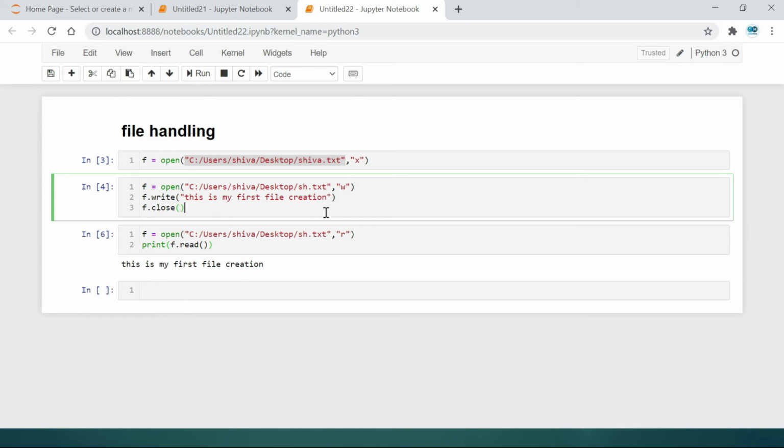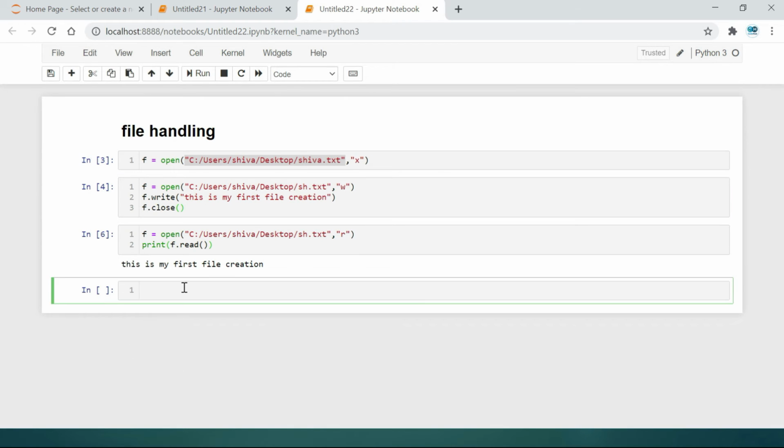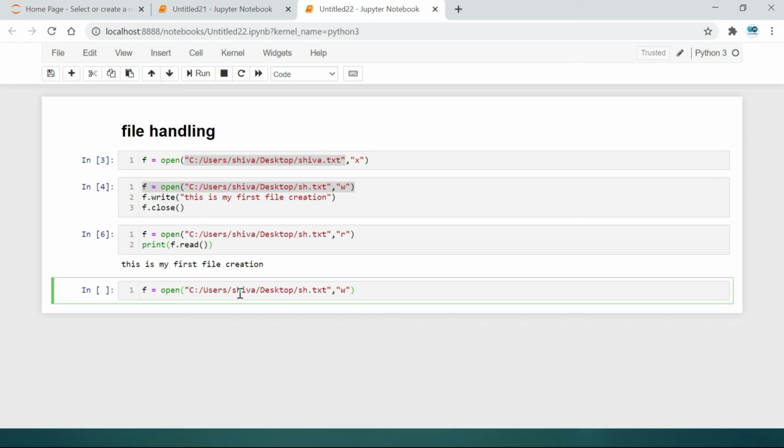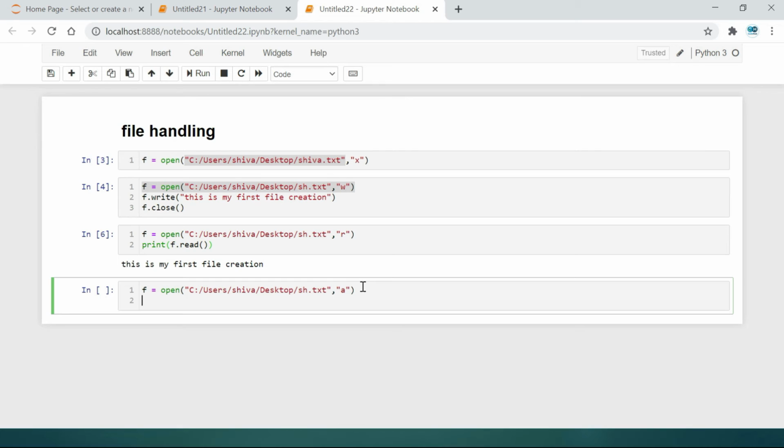We have to know this file has a particular value in write mode, and I want to change this by copying with Control C and Control V, and changing only here to a. And next, what happens?